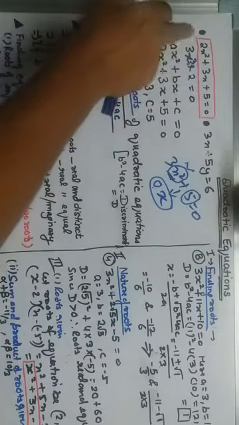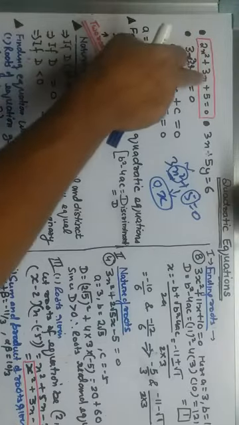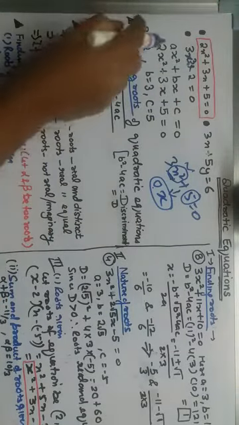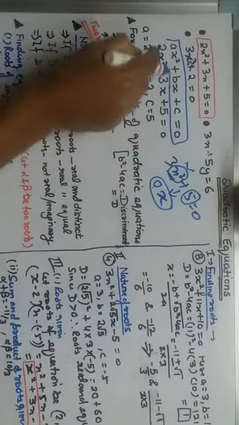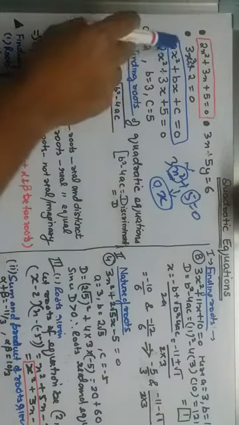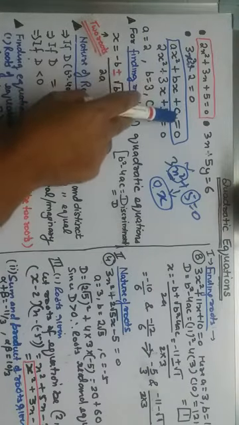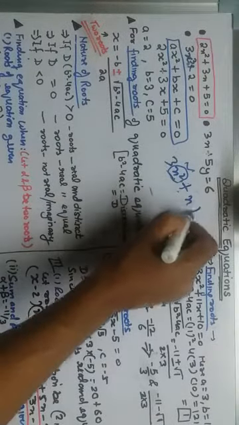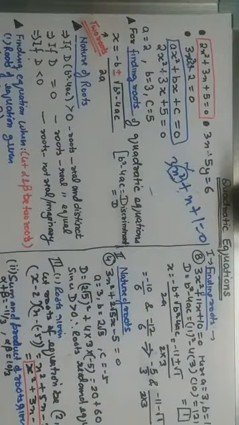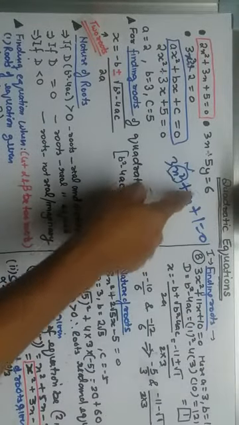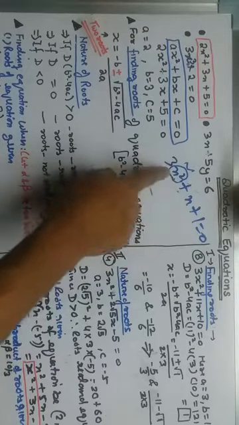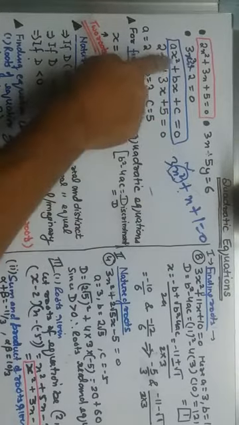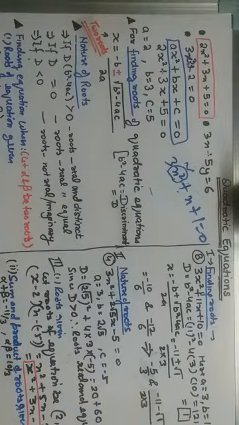Why? Because this contains an x square term, an x term, and a constant term, so this will be a quadratic equation. An equation will be a quadratic equation when it has this format: x square should be there, x should be there, and c should be there. Like 3x square plus x plus 1 is also a quadratic equation. Whatever the coefficient is, x square is there, x is there, a constant term is there, so this will be a quadratic equation. Any expression of this format, x square, x, and a constant term, is a quadratic equation.